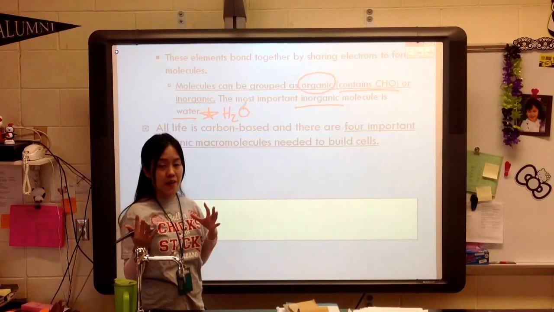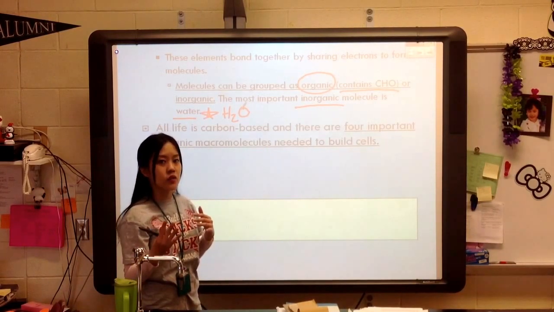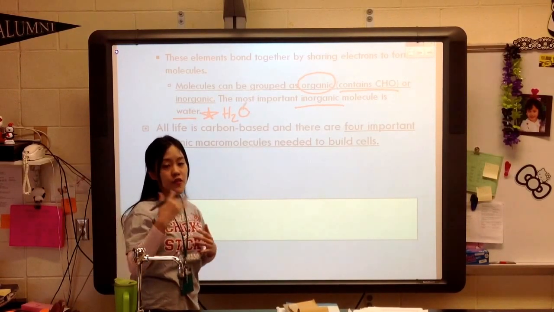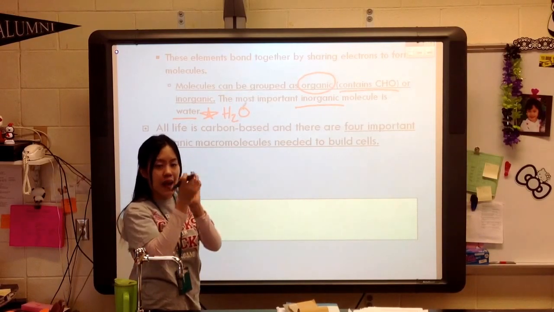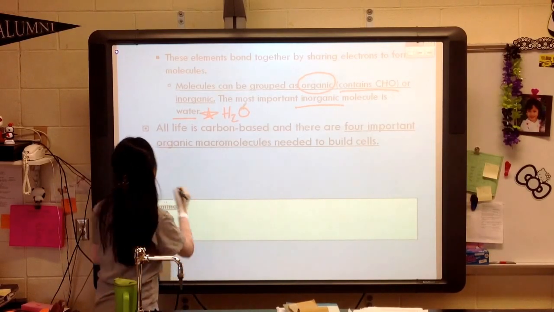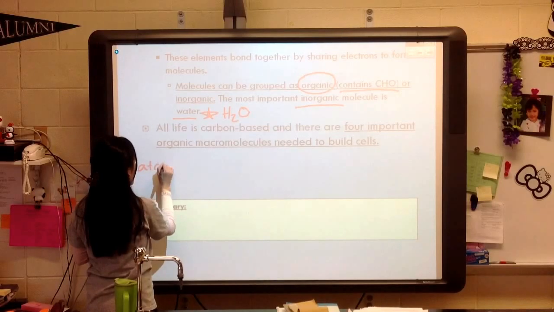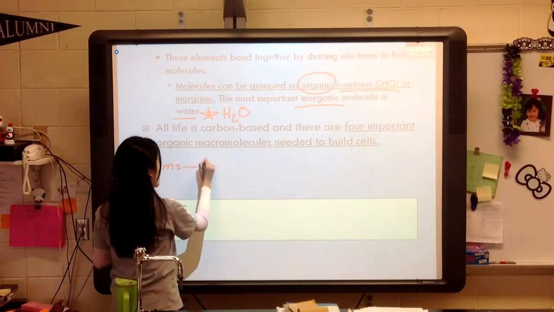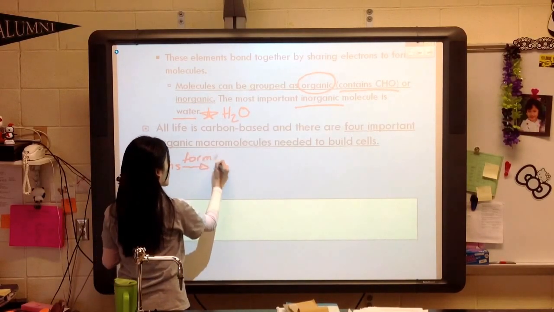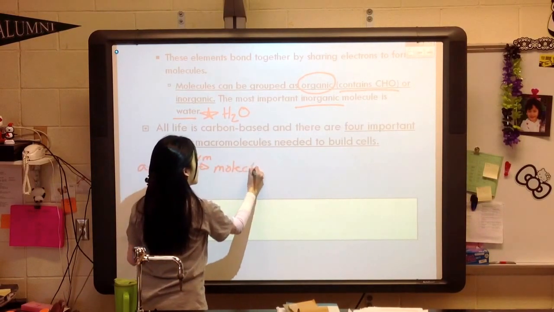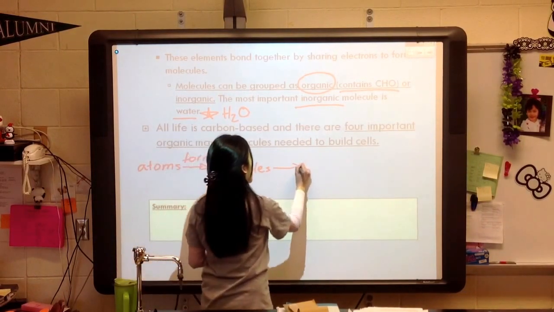Atoms make up matter, such as different molecules. Those different molecules, the bonded together atoms, will actually make cells. So you have atoms form molecules that are going to form